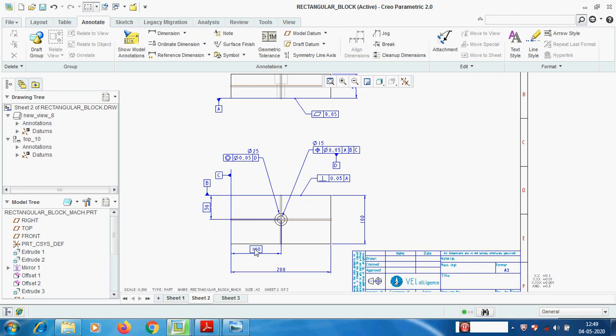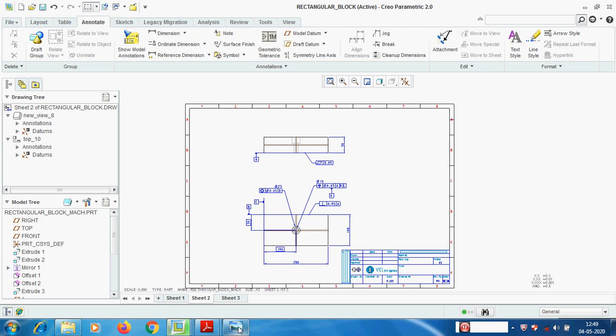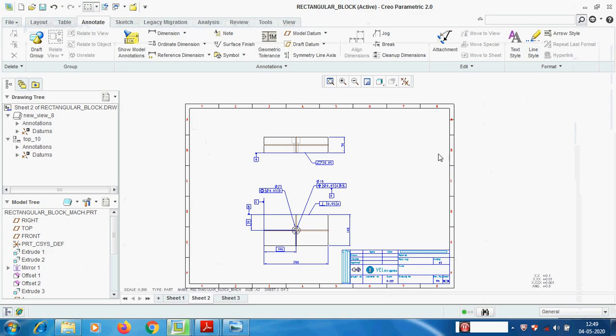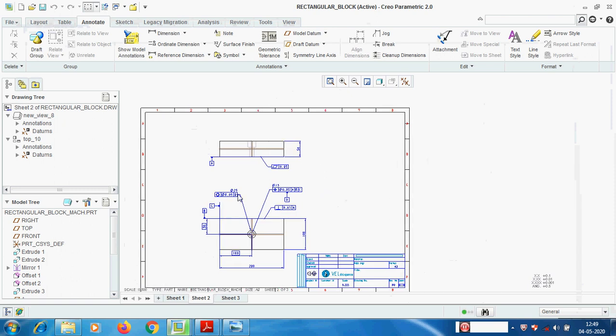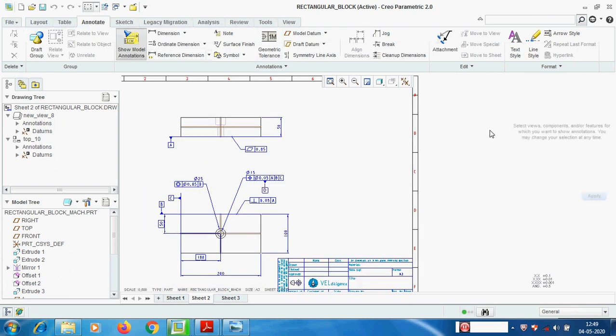This must be a basic. Okay, I think we have completed. Nearly we have completed in this way. Instead of assigning on geometry, we can assign here also. By picking here, for example, I am going to add some parallel like that.